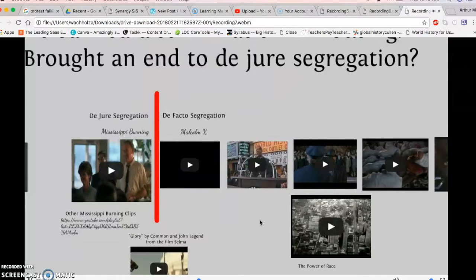And this will become significant when we look at the difference of what segregation was in America, the difference that can be defined by what Martin Luther King was fighting against, which was de jure segregation in the South, where we had actual laws passed that specifically said whites here, non-white here, versus de facto segregation, where it was an act of culture. And we can see what Malcolm X was fighting against was specifically that, and things like